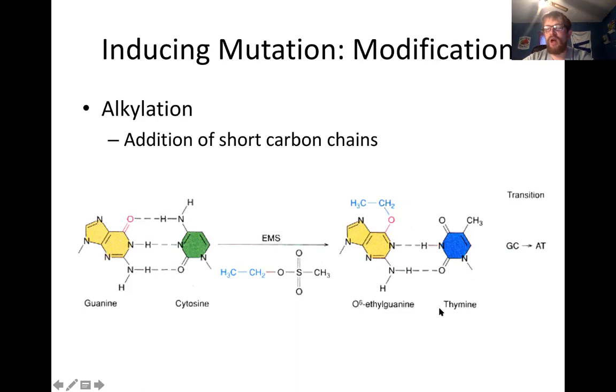Thymine says, oh, you have 2 hydrogen bonds. That's what I like, right? It normally bonds with adenine. And so now you essentially have a G with a T, okay? That's not good. So now, depending on where this has occurred, you are reading through a nucleotide sequence and you see a T where you should have seen a C, and that could totally alter the codon, right, to what you're working with. All right.